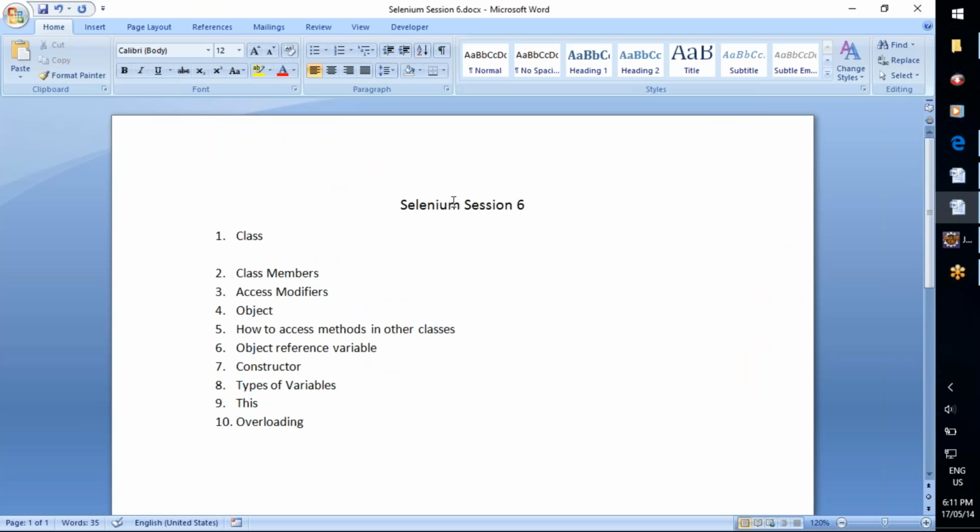This is the format. So it is first one is access modifier and the second one is class keyword. We are writing class keyword